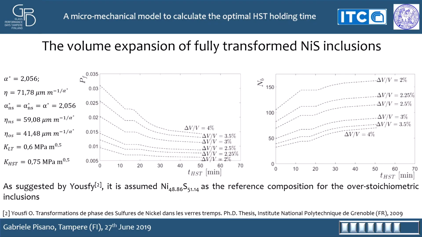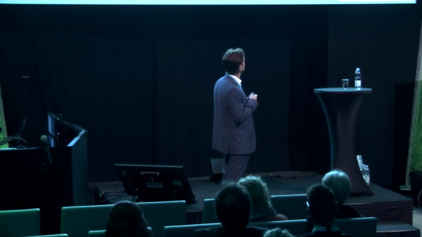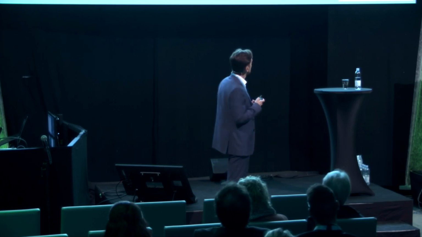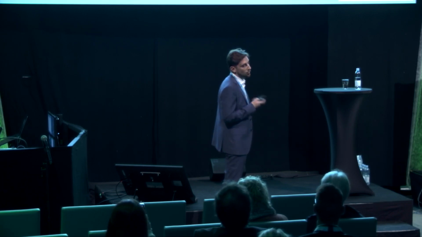Here I plotted the failure probability with the time of the heat-soak test for different values of the maximum volume expansion for the alpha-beta phase transformation. If we observe the graph on the right, in which NB is the expected number of elements for having one breakage, we can notice that for a value of 4%, while in literature we can find values of the maximum volume expansion between 2 and 4%, the number of expected elements for having only one breakage is probably too small. This is why we think that the most reliable values are between 2 and 2.5% by comparing with the results of practical application.